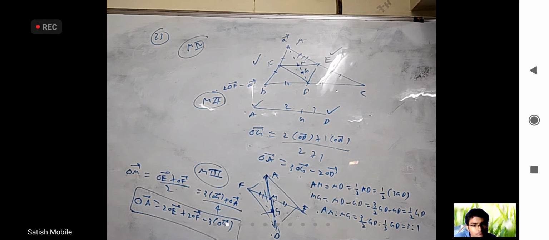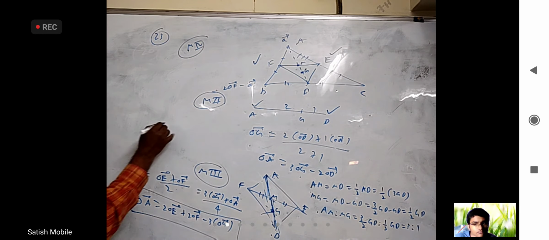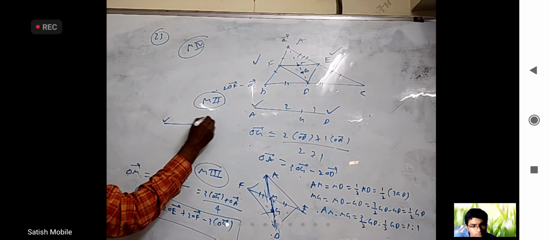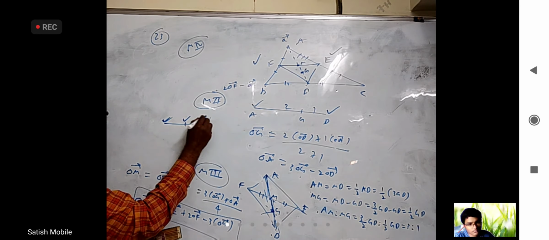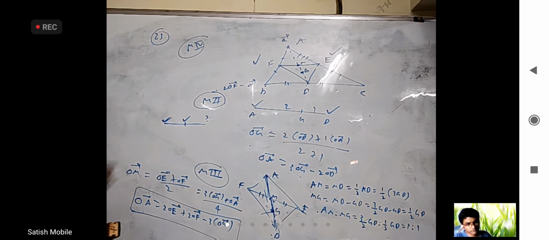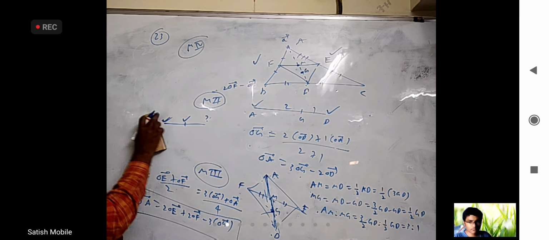If you remember your 2D geometry well, vectors are also easy. What is that? If I know this point and this point, how will you find the midpoint? This plus this by 2. What if you know this and this, but you want to find this? You will take double of this minus this, that is this. You know that, right? That's what exactly I am writing here.